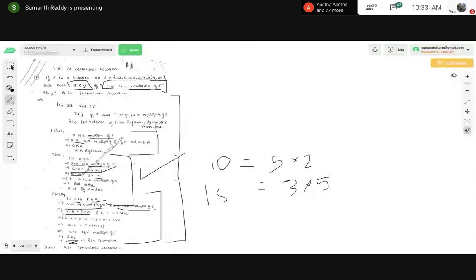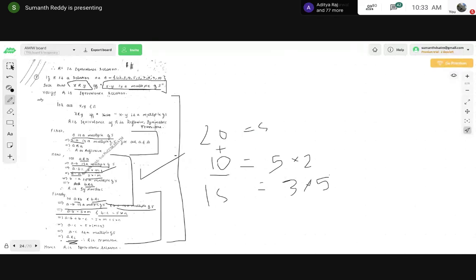That is 5 into m is equal to a minus b, and 5 into n is equal to b minus c. Similarly, for example, if 10 is a multiple of 5 and 20 is a multiple of 5, you can check with any example. If 20 is a multiple of 5, then their addition, 20 plus 10, will also be a multiple of 5. You can check this property with any set of numbers.